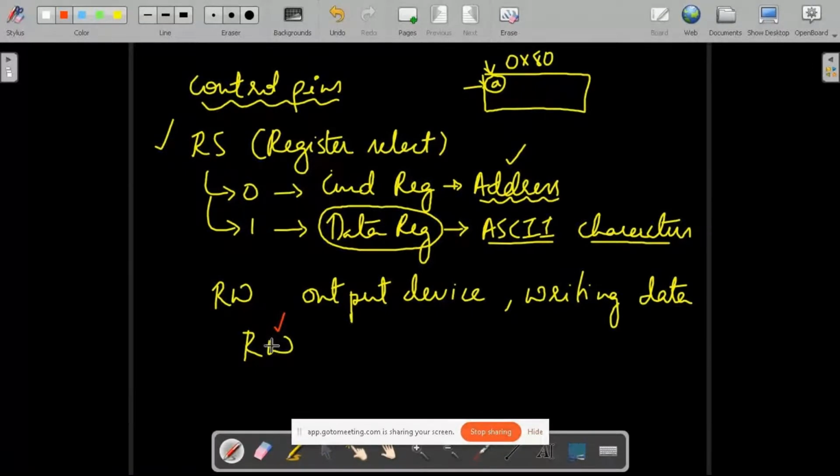So by having this value equal to 0, I can select write mode. So what we usually do is ground this R bar W.